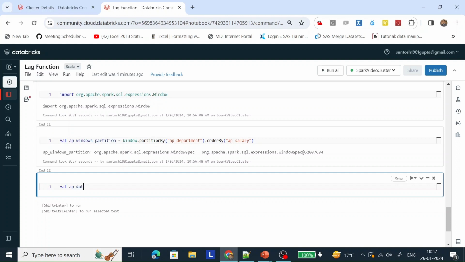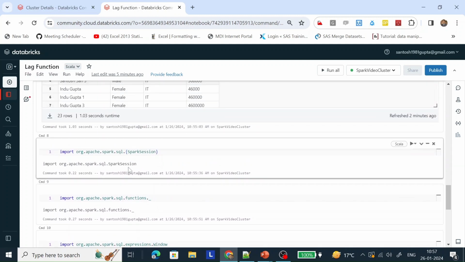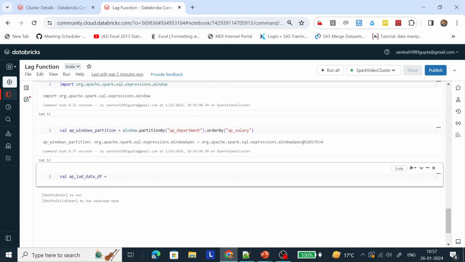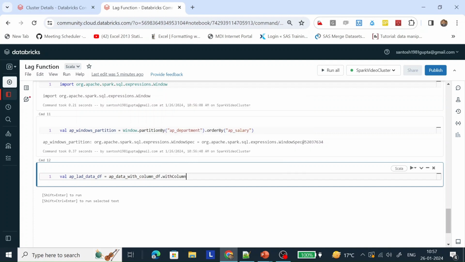Now let's create a data frame by creating a new column on top of this data frame with the help of the withColumn function. The name of the column is EP flag salary.